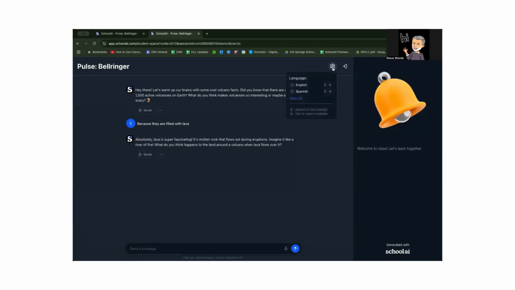Up above is a settings, and they can change it to Spanish if they wanted to. It won't affect on your end the summary when you end it. It'll be all in English, but the conversation will be in Espanol. If you have a student who speaks only in Spanish, another thing they can do in the bell ringer activity